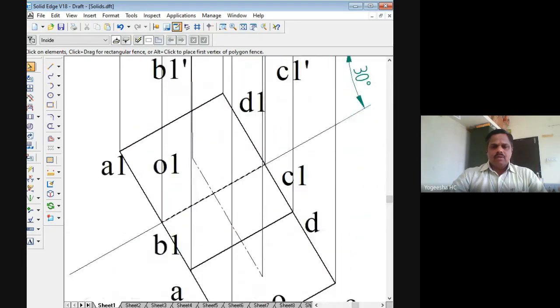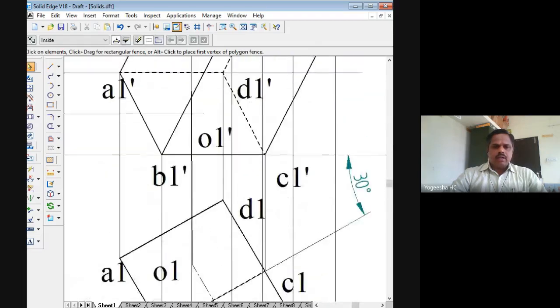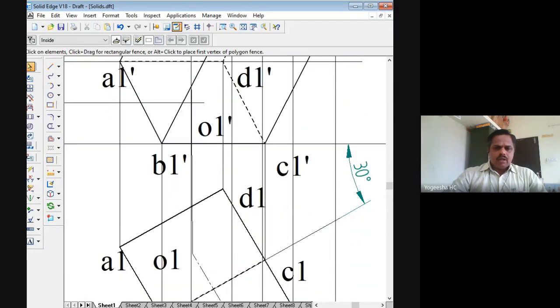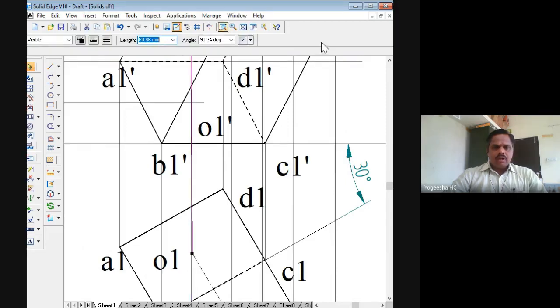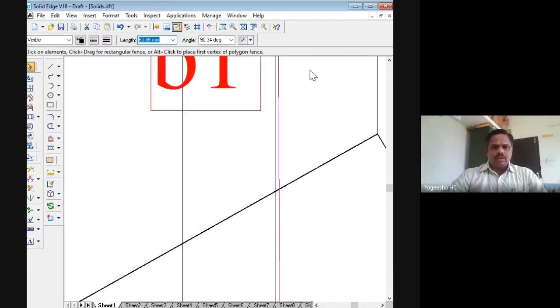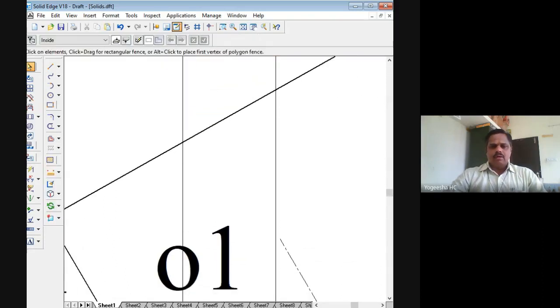Is it coming? Yes, it is 90 degrees. From O1 dash, whatever I have drawn, if it is not visible, zoom in again. This inclination again should be 90 degrees, then it will be perfectly vertical.